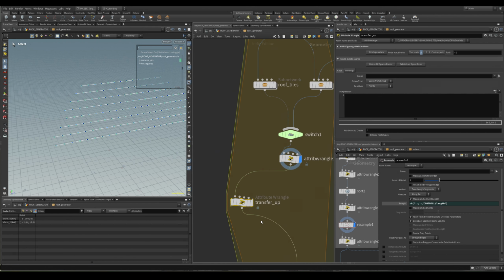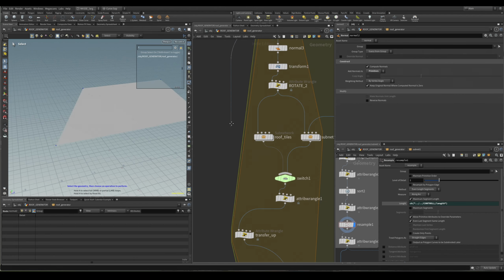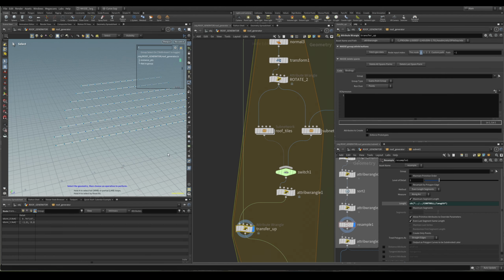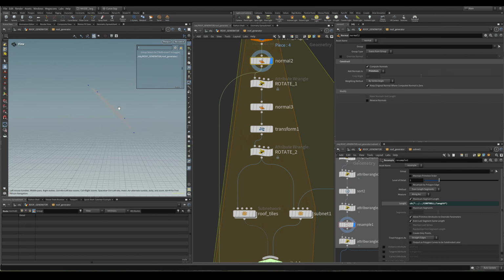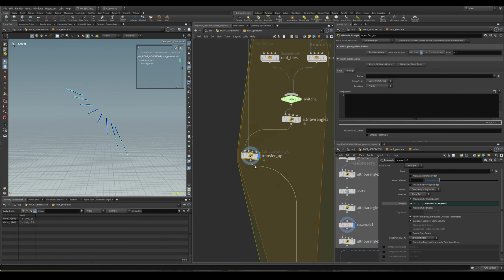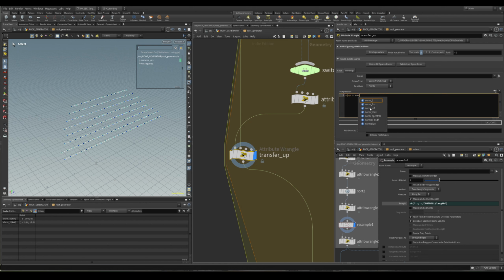So the up vector is going to be the normal of the primitive that we are looping over. So this one, just put it inside here like that. This should have a primitive normal, and the normal basically points perpendicular to the surface. So this is going to be our up vector for the CopyToPoints. So v@up equals, we can just normalize